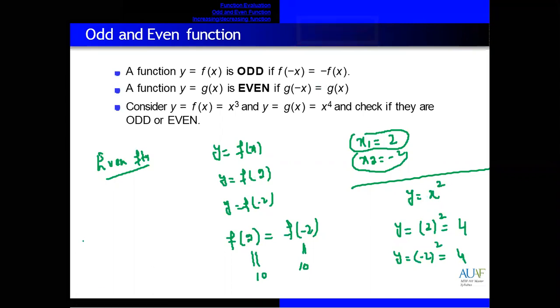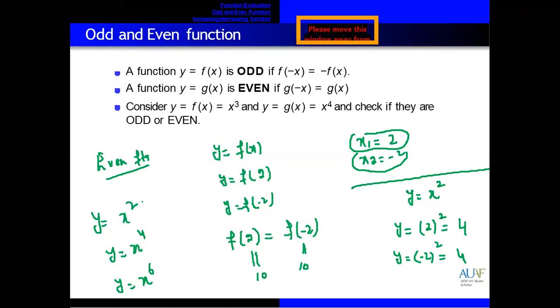When we have a function whose powers are like 2, or y is equal to x power 4, or y is equal to x power 6, all even numbers, 2, 4, 6, 8, these functions will give you the same result. This is a simple example of an even function. When we have powers 1, 3, 5, 7, that will be an odd function, not an even function. Okay, how can we prove, when a function is given, whether it is an odd function or an even function?